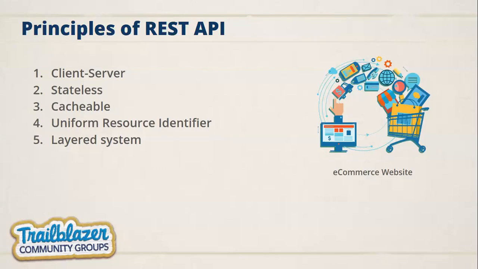Similarly, we have the uniform resource identifier. Everyone knows Amazon.com. They are not changing this URL, which is why every user comes back to the same URL. If they changed the URL, of course, the second time users would not understand where Amazon.com had gone. So it's always required that you fix your uniform resource identifier.